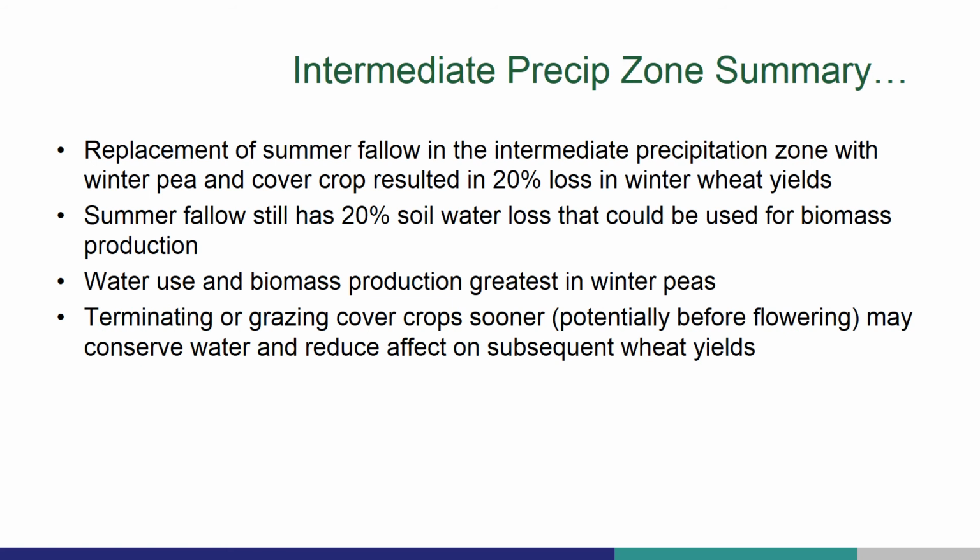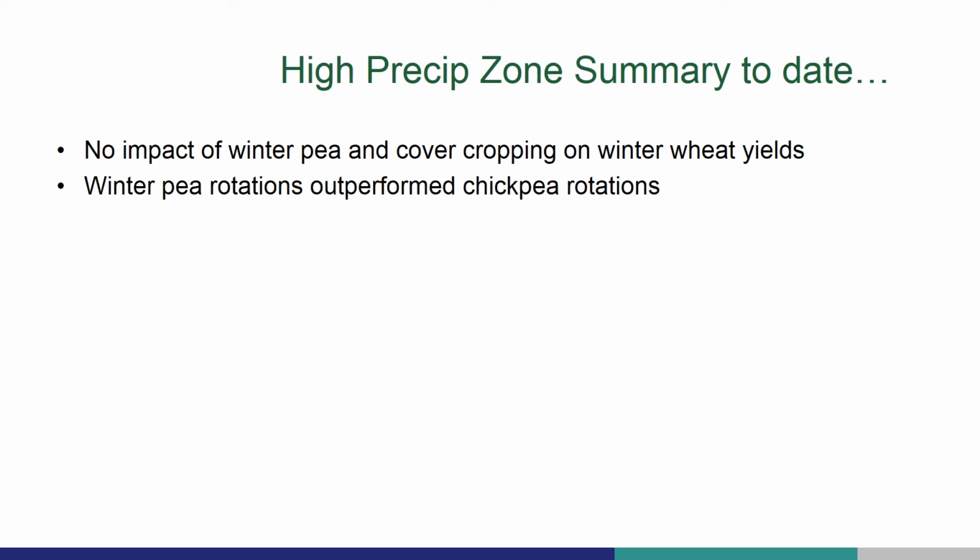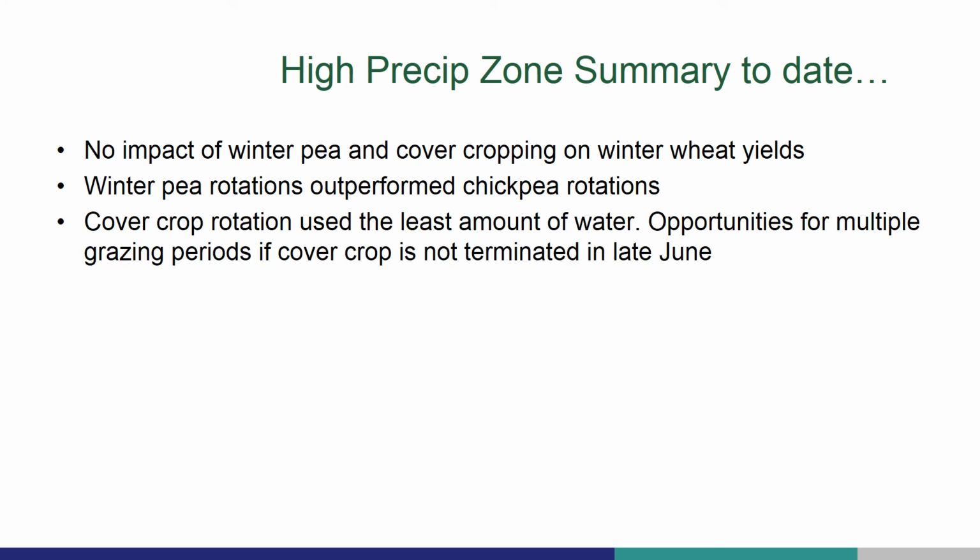So at St. John, it's about terminating these cover crops sooner, potentially before flowering, even though they may not be the maximum forage amount and quality. We may want to do that to conserve water and reduce the effect on subsequent winter wheat yields. In the high precip zone, there's no impact of winter pea or cover cropping on winter wheat yields. The winter pea rotations outperform the chickpea rotations in terms of biomass and yield. The cover crop rotation used the least amount of water, and